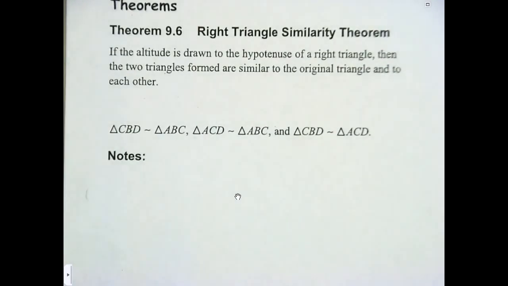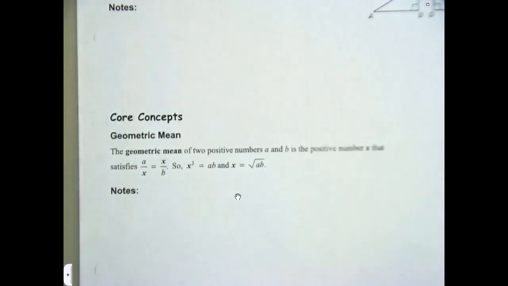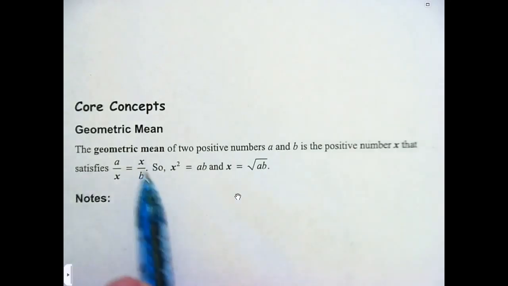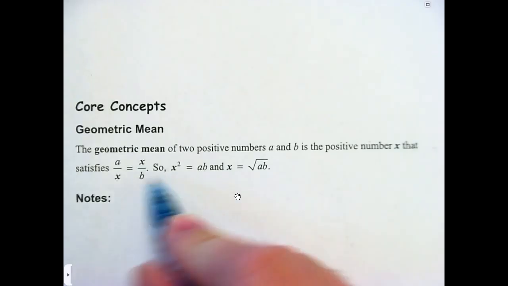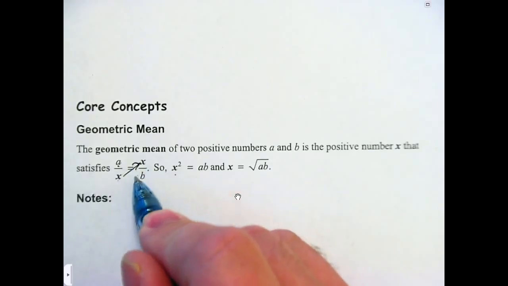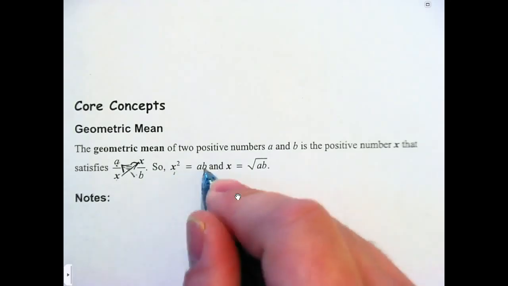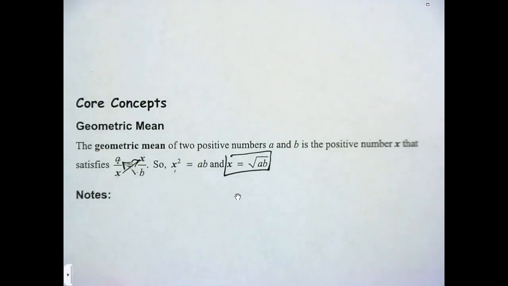All right. Now, we use geometric mean to help find side lengths of those triangles. And it's important for you to understand what geometric mean is first. So mean is like an average. When you're dealing with the geometric mean, if I have a over x and x over b, if I cross multiply, x squared equals a times b. So cross multiplying there. And if x squared equals a times b, it really means x then. I take the square root, I get x is equal to the square root of ab. Well, how does that apply? Well, if you turn the page to page 255,